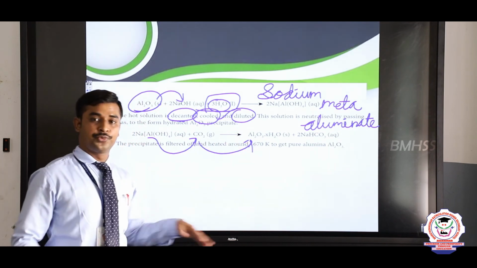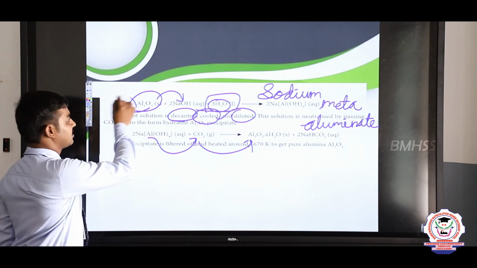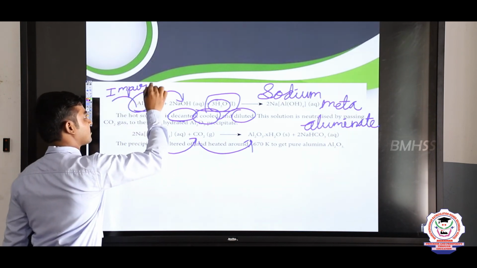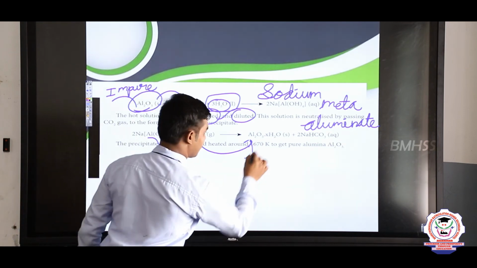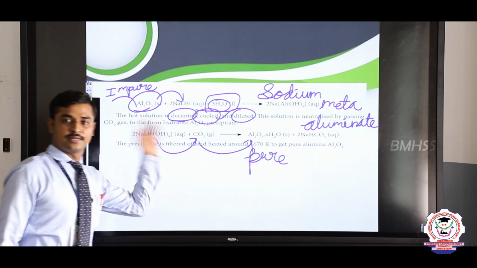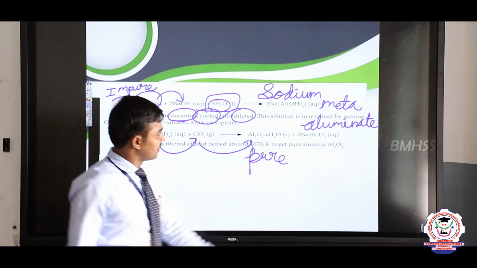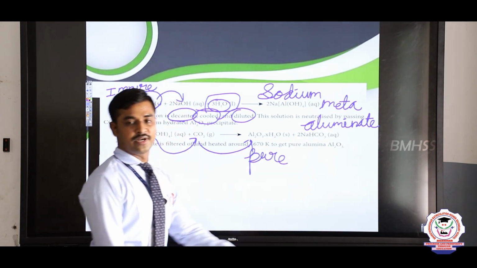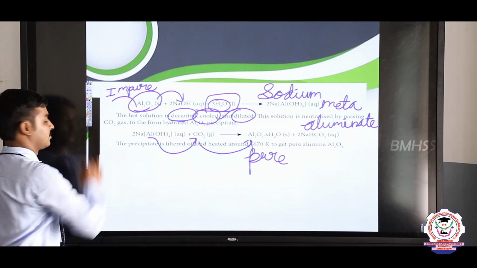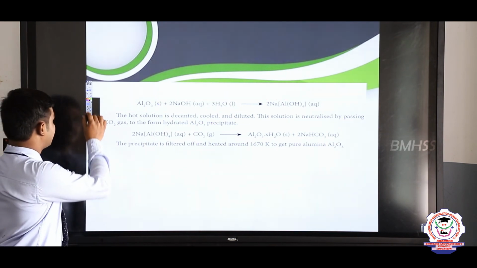It is the purest form of alumina. First we get the alumina in impure form. But here we have a pure form of alumina. So the complex is the same, but the finally obtained alumina is a pure form, and the sodium bicarbonate is eliminated alone. This is the reaction of alkali leaching. And what's the next one?